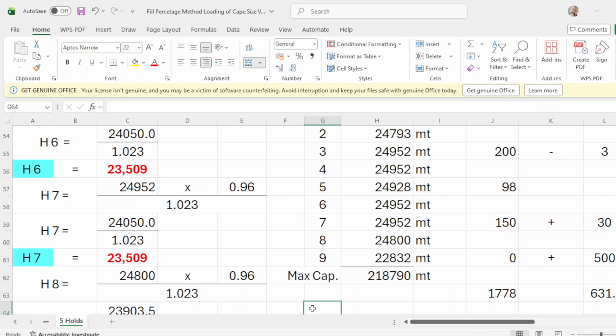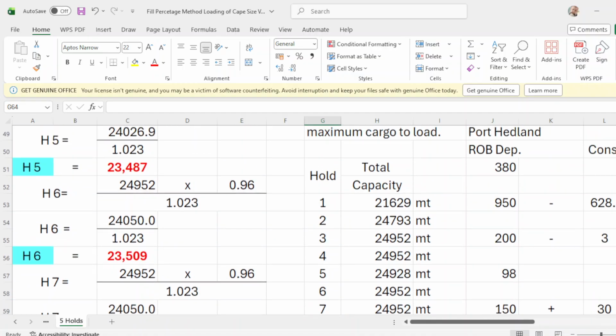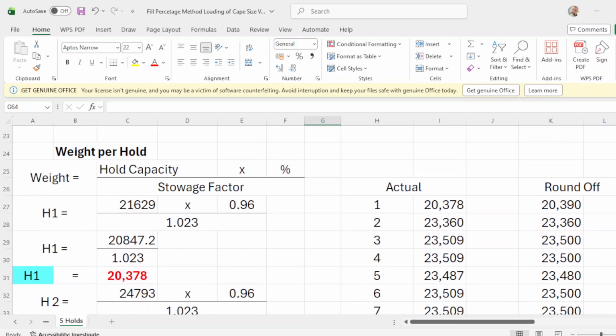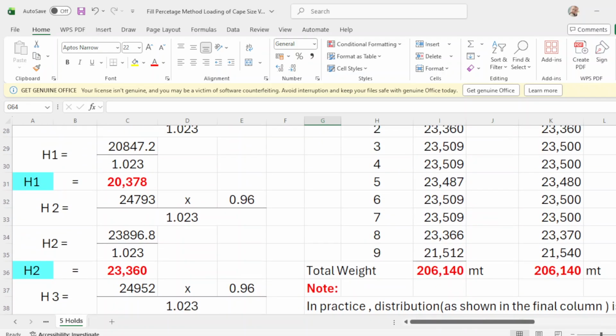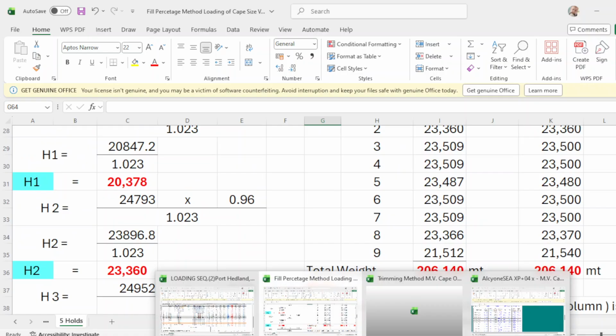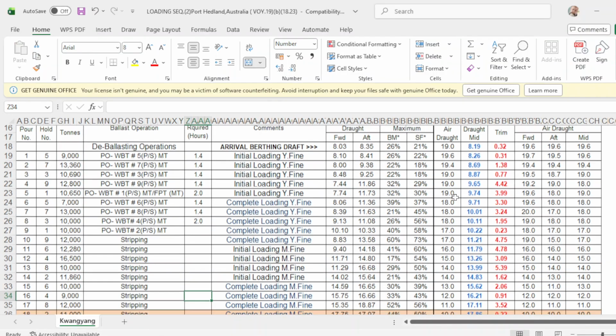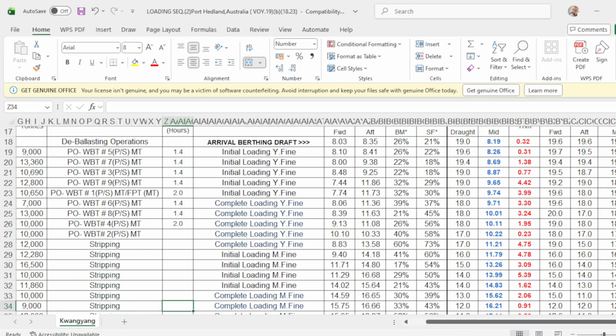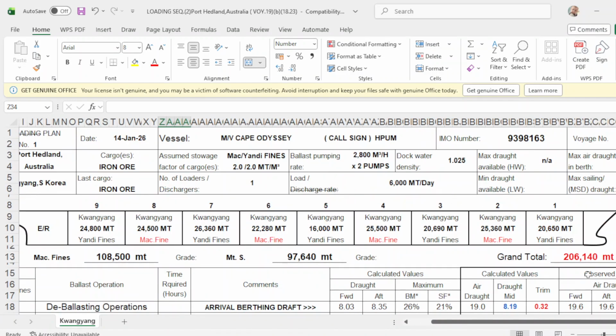This is the maximum cargo to load of 218,798, okay? But we will not use this. How to get this total cargo of 206,140 metric tons, okay?